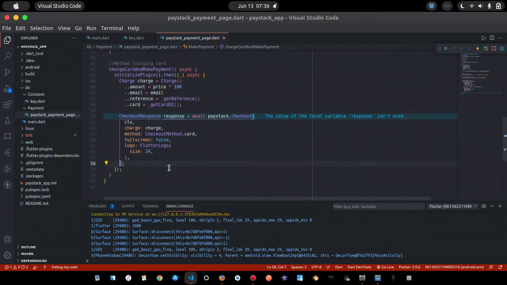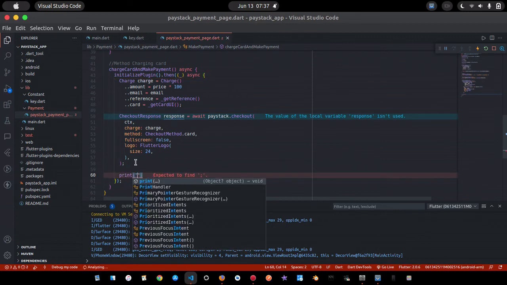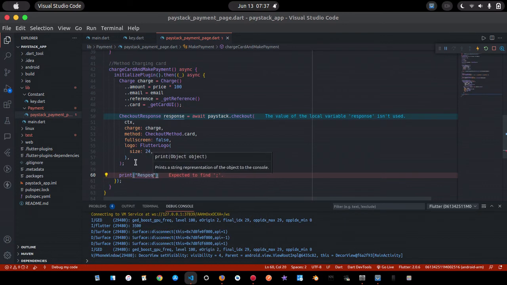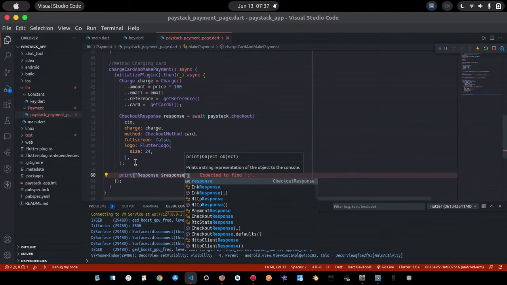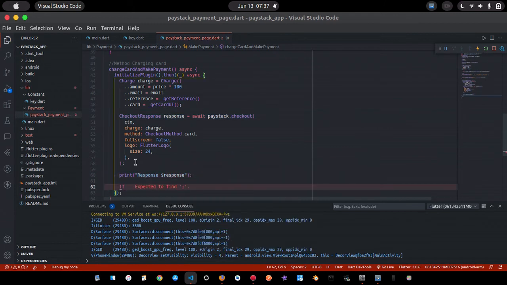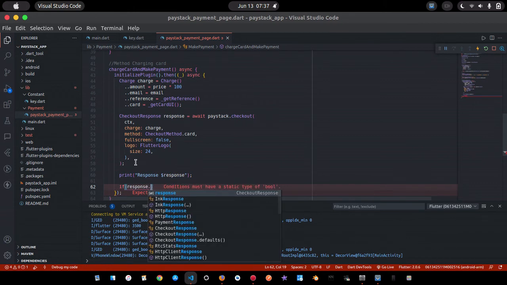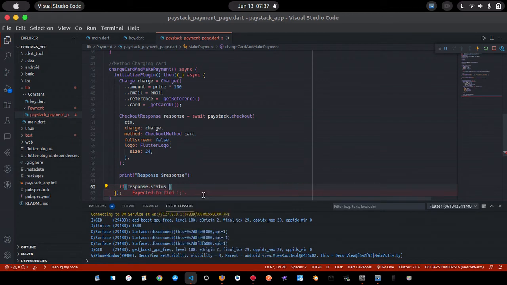I can save this. Now I need to get the response to know what exactly is happening, whether the user cancelled it or not. So what I'm going to do is check with an if statement. First, let me just print out the response. It returns only true or false. If the response is false, that means the transaction was not successful. But if the response is true, that means the transaction was successful. So we can just use an if statement. If response dot, you can get the account, the verify, and the rest of them. So we can say the status. If the status is equal to true, we can just print out